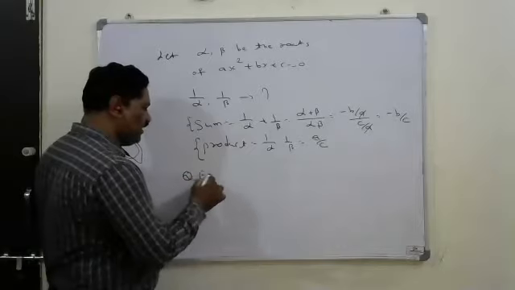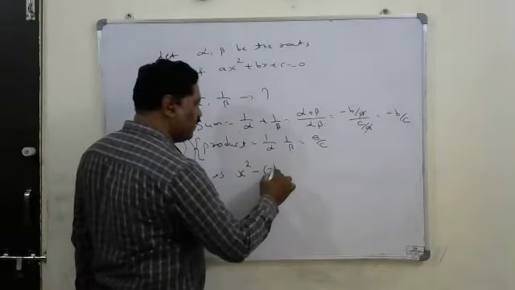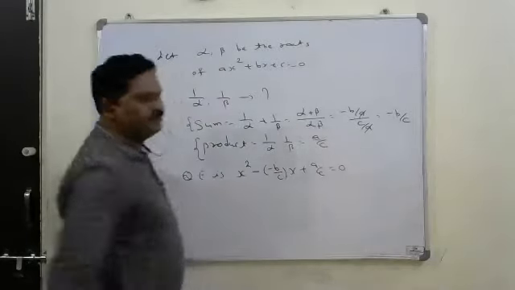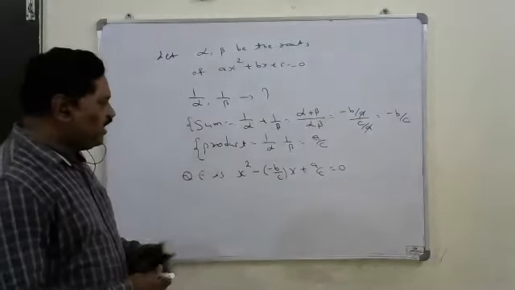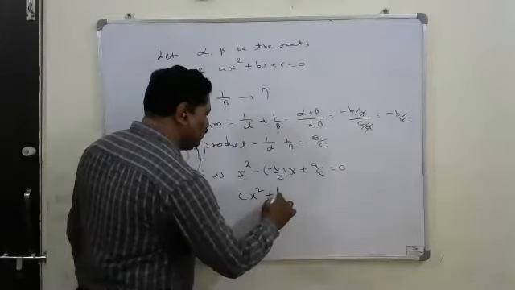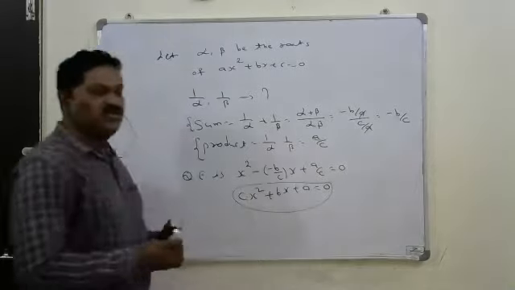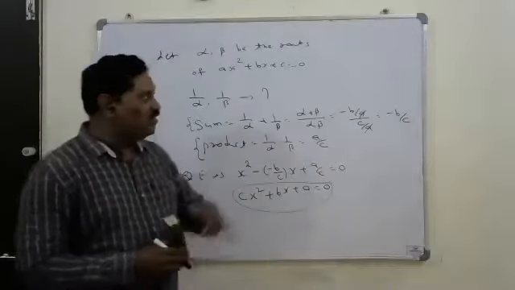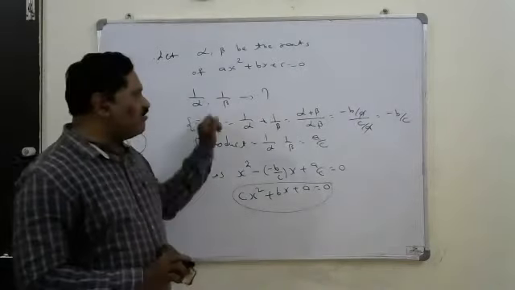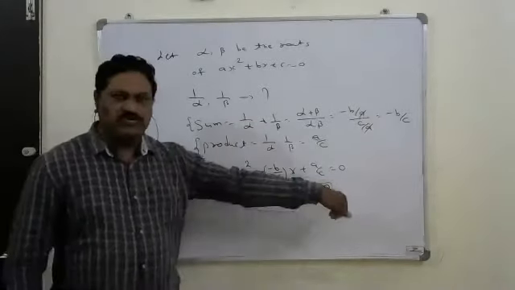Then this quadratic equation is x square minus sum of the roots, where the sum of the roots is minus b by c, into x plus a by c is equal to 0. Understand? Now I will multiply by c on both the sides, then the equation we are getting is cx square plus bx plus a is equal to 0. So this is that equation. Means if alpha comma beta are the roots of this equation, then the equation whose roots are 1 by alpha and 1 by beta is cx square plus bx plus a is equal to 0.